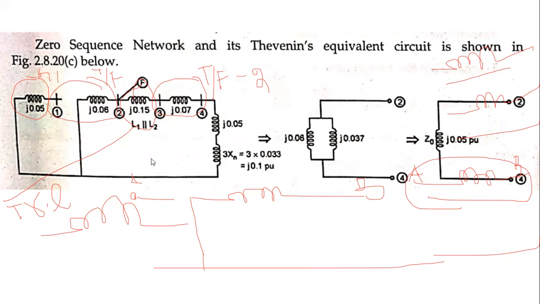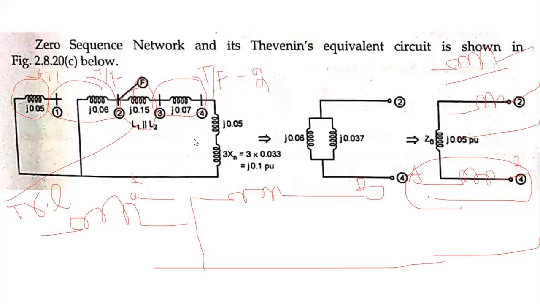This is the negative sequence network for the given circuit diagram. Understand how we will draw that. In the positive and negative sequence networks, it does not depend upon the winding connection. Only when we are drawing the zero sequence will it depend upon the winding connections of the generators and also the transformers.